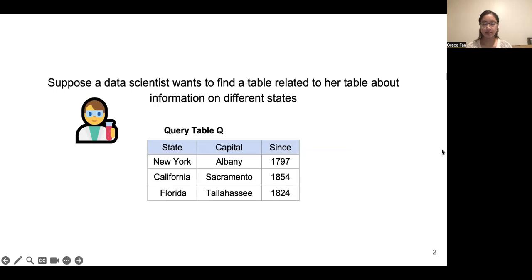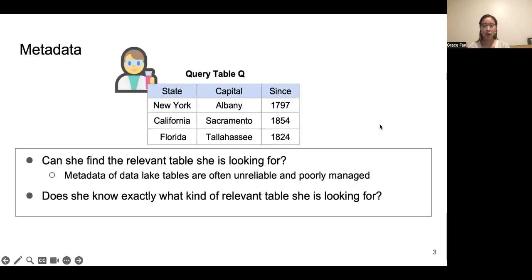Suppose a data scientist comes to us with a query table they have about different states, the capital of the states, and the year the city became the capital. And she wants to find a table that is related to her table about different states. One option she has is that she can perform keyword search over the metadata of data lake tables to find the relevant tables that she's looking for. And the search over metadata of data lake tables, or column names or table names,